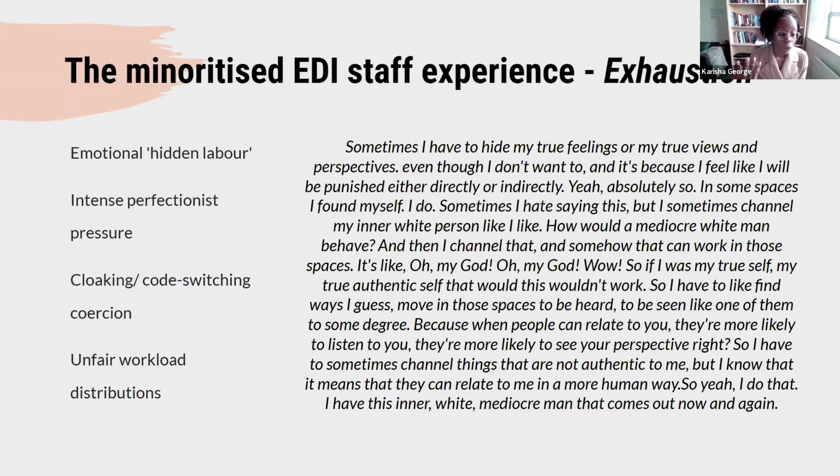But also we're talking about unfair workload distributions, because there's this lack of understanding of what EDI actually involves. Once someone has an EDI role, everything related to EDI is then put on that person. And we also found that this was most likely the case when it was grassroots work. And when we say grassroots, you mean when you're working one-to-one with other people. So for instance, we're talking about our student well-being officers, etc. And that then meant that that was kind of put to the side.